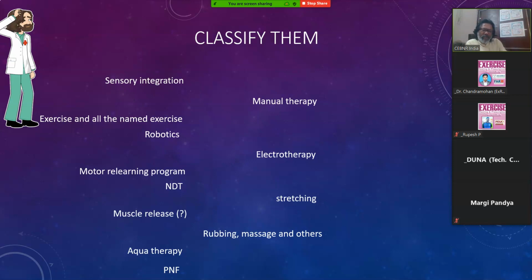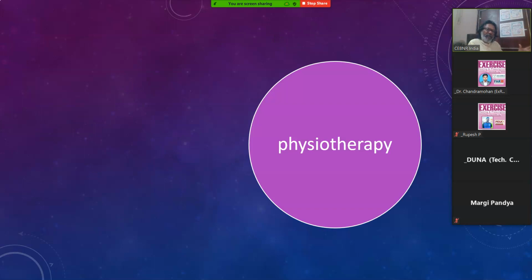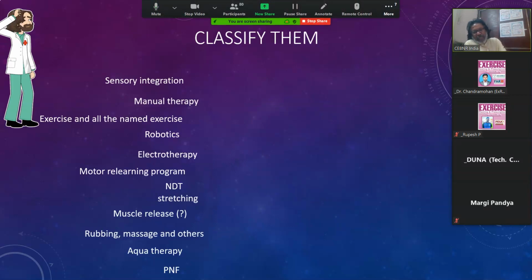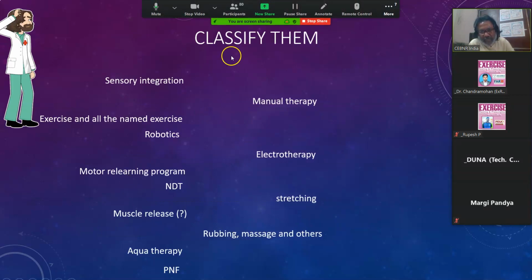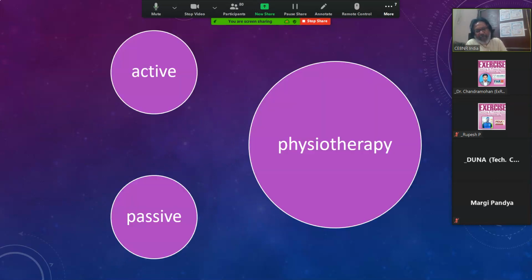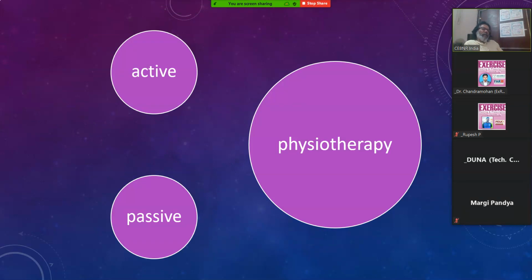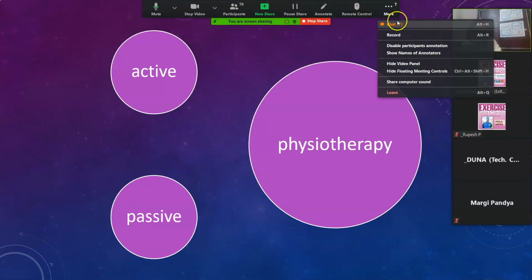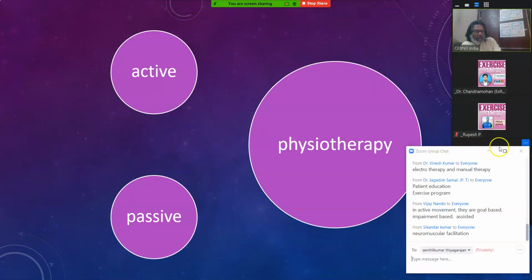I have put physiotherapy into 2 bubbles. One is active treatment, as you can imagine. These are the things I have put in active treatment, and the other things as passive. What I mean by passive is, in a way, it's not easy to define, but the simplest definition I can think of is that passive is wherein you have